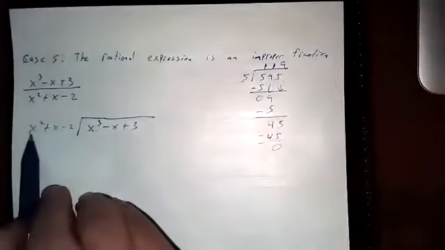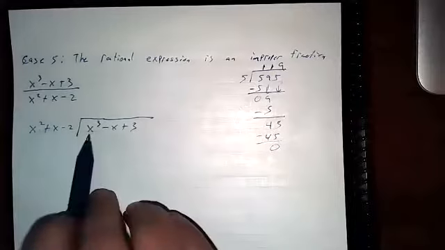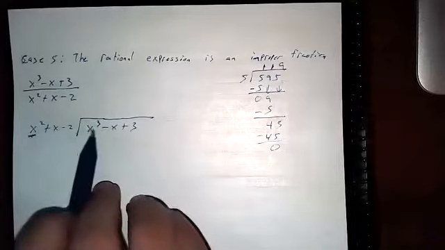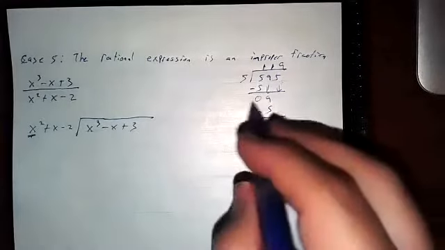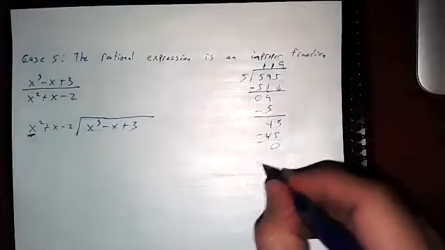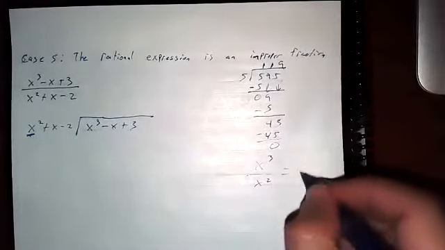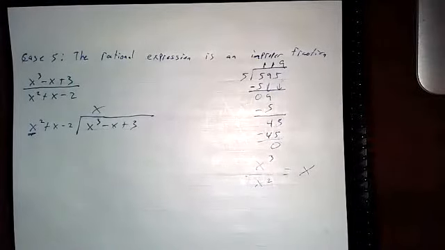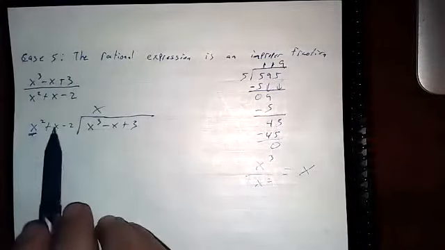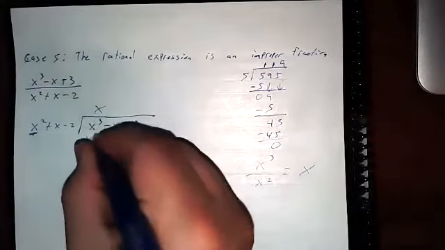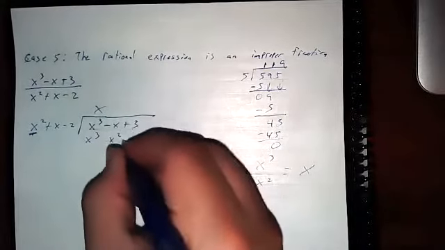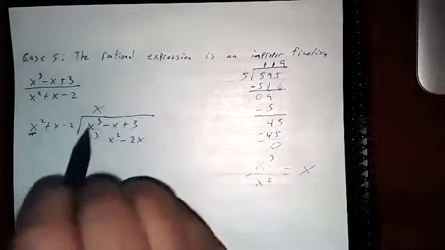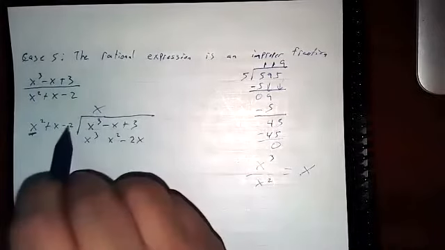Okay. So you take the x squared and I divide that into this first one. So I'm only going to use this for my division. So x squared goes into x cubed how many times? Right, so you do x cubed over x squared, that's x times, right? And then the pattern says x times all this stuff gives me this. Right, x times x squared is x cubed, x times x is x squared, x times negative 2 is negative